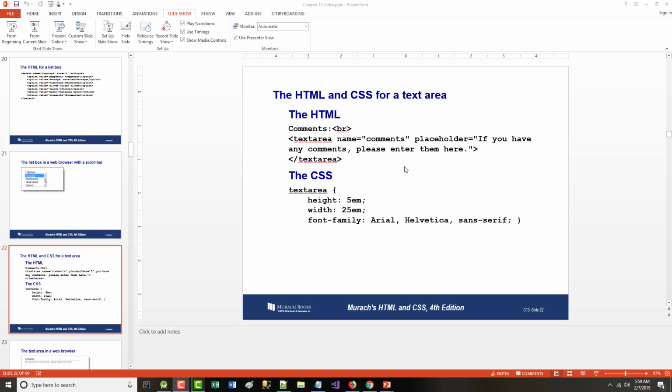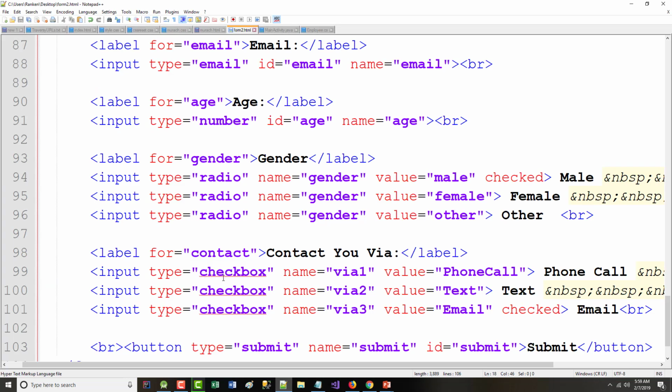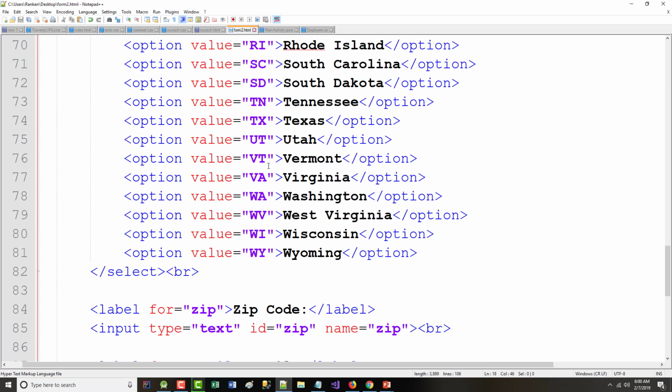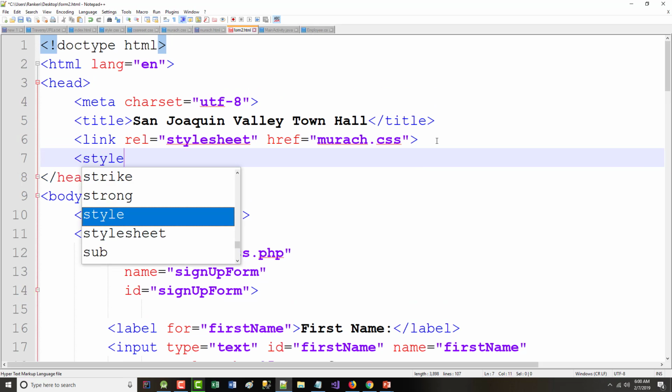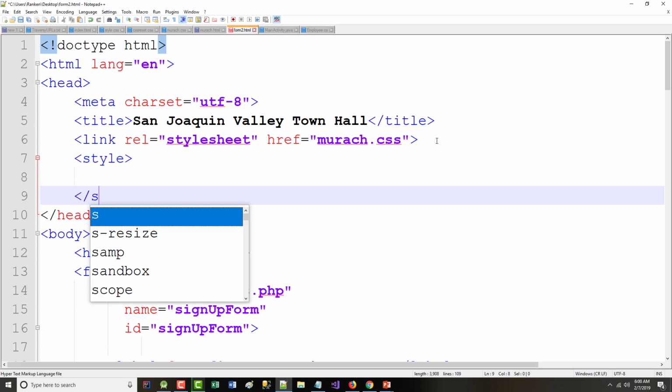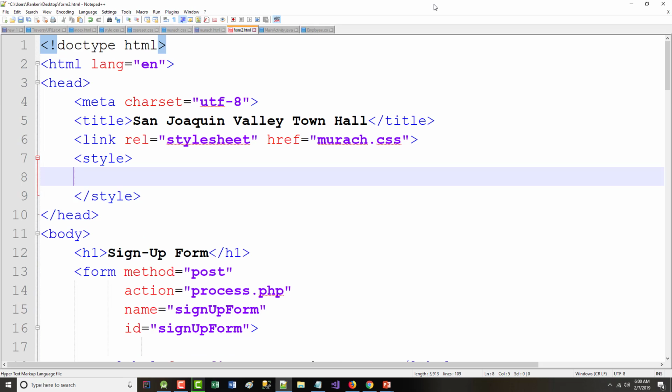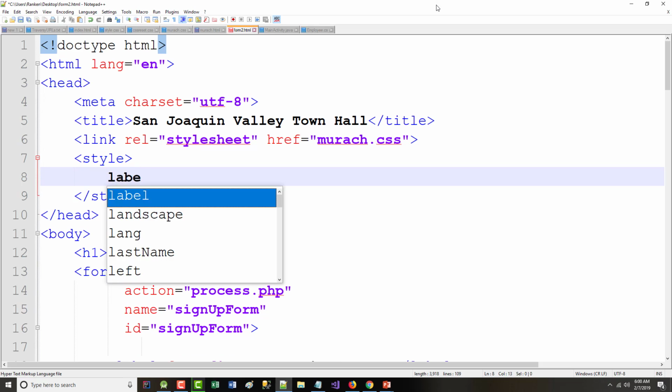We're pretty much in the middle of Chapter 13. We've created our HTML form, and now is the time to start putting in some CSS. Let's think about what we can do, and I'll put in a change or two, and then we'll go back and take a look at it. Normally I'd put the CSS in a separate file, but I'm going to put it in this file so I don't have to be constantly going back and forth between the two. So how about, for example, our labels,